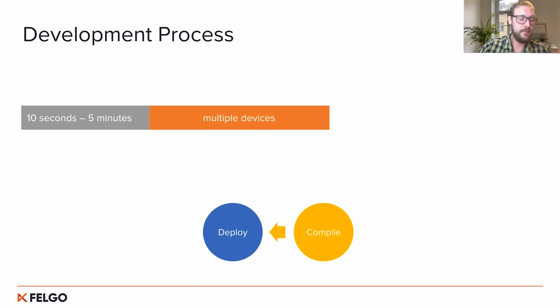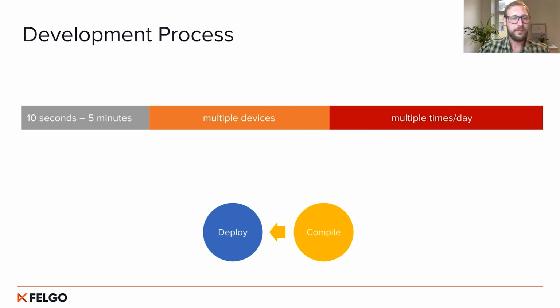If we want to support Windows and macOS and maybe also mobile clients or embedded devices, we need to test our code on each and every one of them. And all of this testing multiple times a day on multiple devices, always for several minutes or at least 10 seconds or 20 seconds,